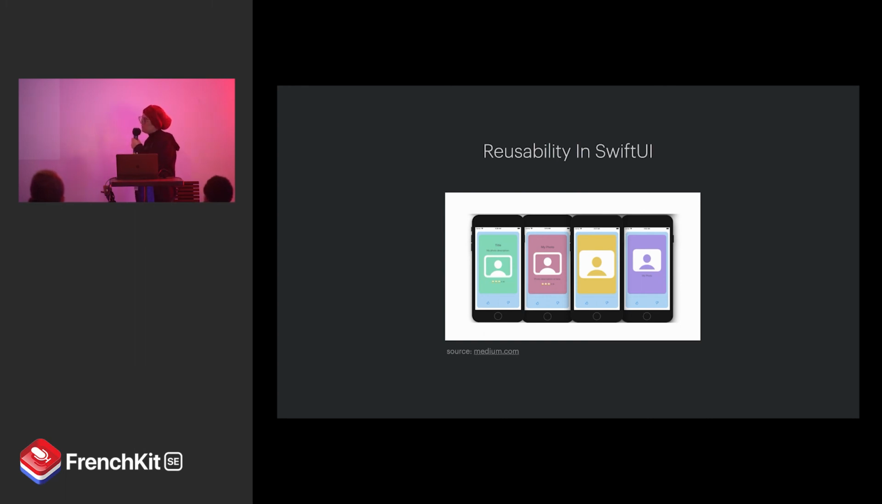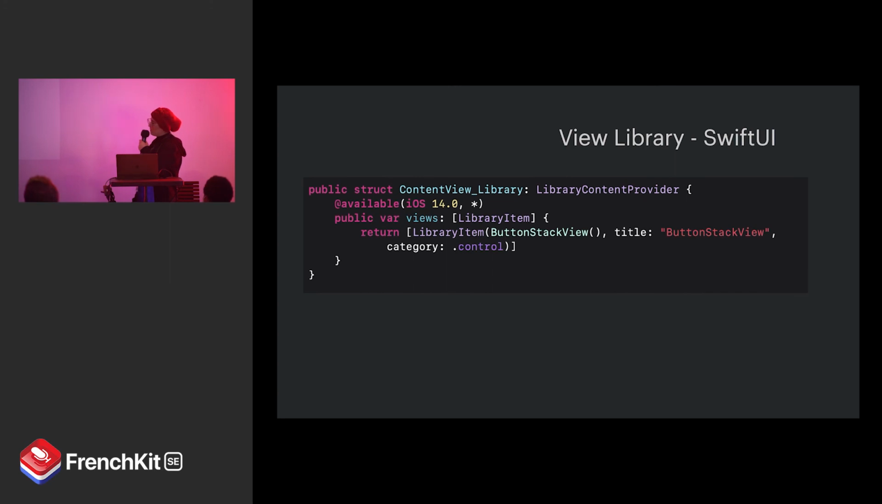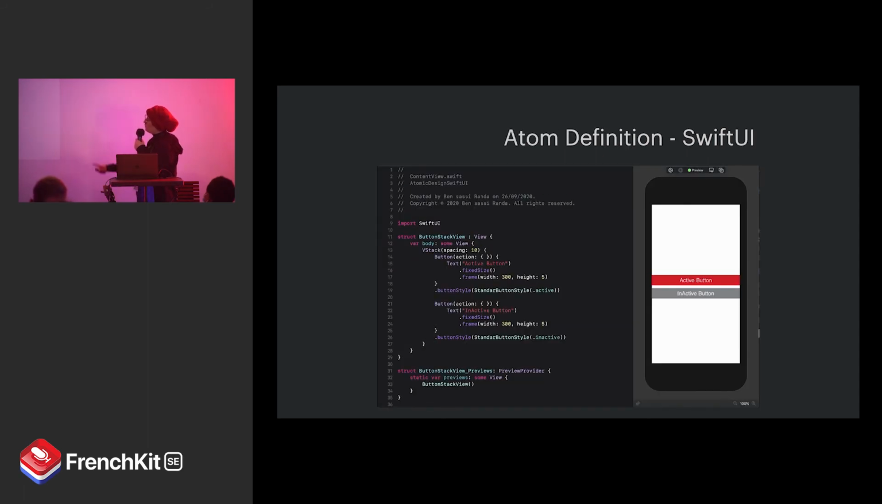So as we know, SwiftUI is designed to make its views easy to reuse, and even the last update of Xcode 12 makes it more accessible. You can take any of your custom views and add it to the view library. This is done by creating a struct that implements the LibraryContentProvider and overriding libraryItem to return your custom view. So if we take our previous button stack view that we have created, in which we add the code above,